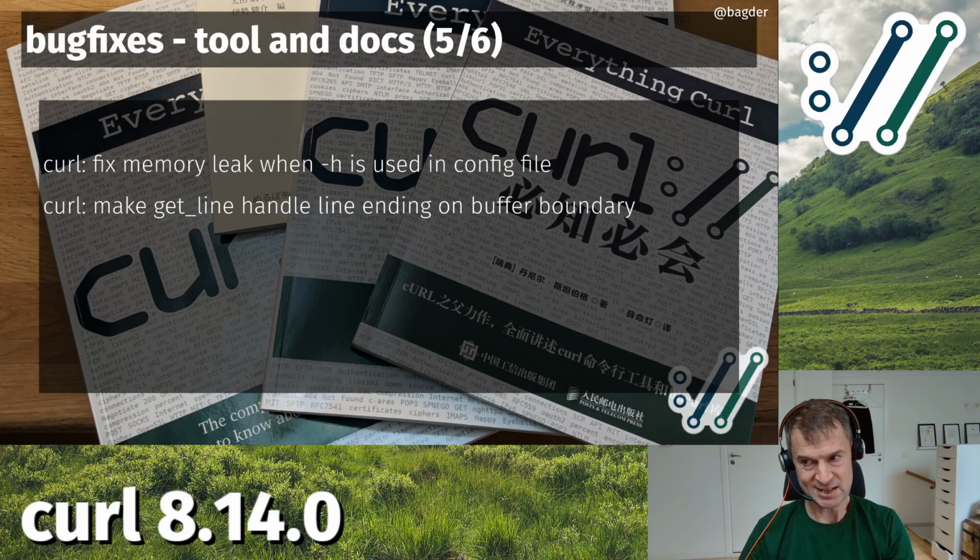And the exact same problem I mentioned with the curl getline function in libcurl, since we had pretty much the same function in the tool source code. Of course, when I copy and pasted one solution into the other, I got the exact same error. So we had this exact same fix on both sides. So that's the 128 bytes I mentioned.